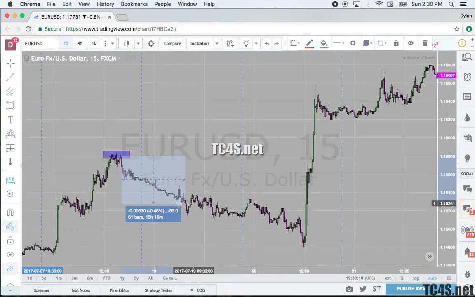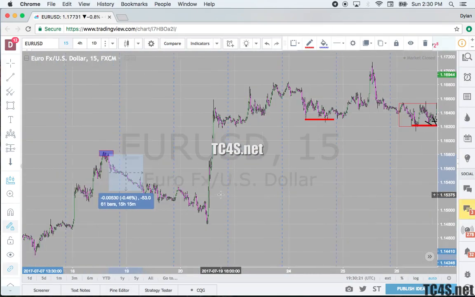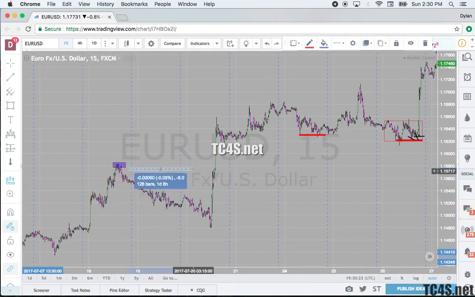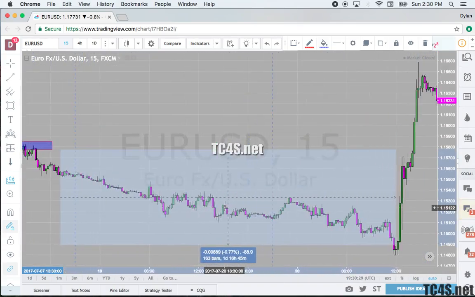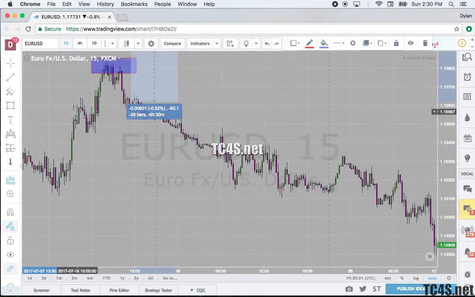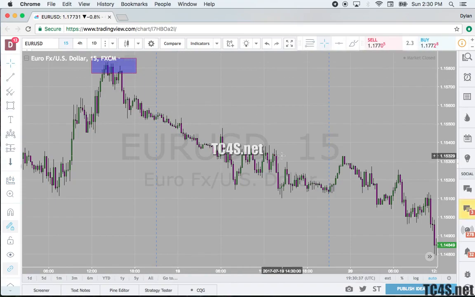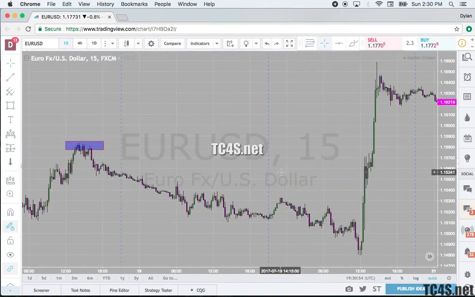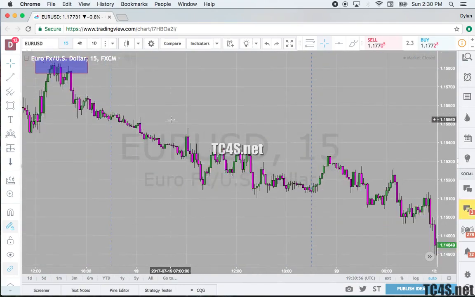You could have stopped yourself out here, or just kept moving your trade, your stop loss. When you move your stop loss, be sure to move your stop loss to places that are of liquidity that will most likely not be hit. I mean, that's pretty obvious. It's pretty obvious that I say that, but to give you an example, the highs of the day, when you're going against the trend,